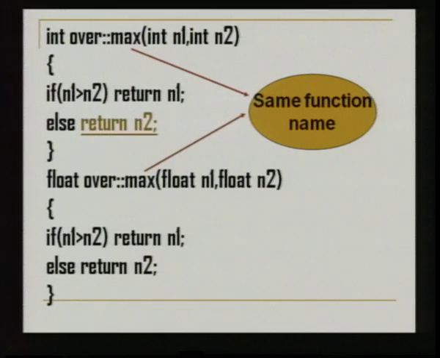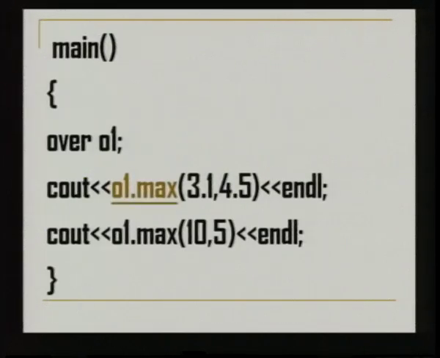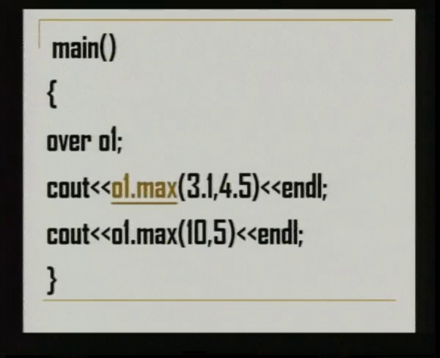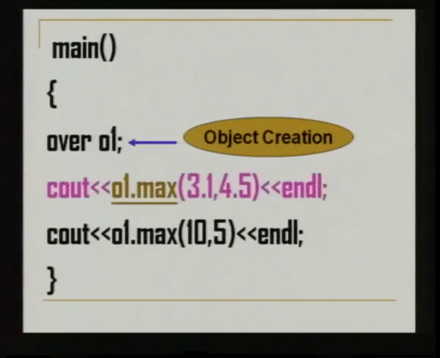You see, both are named max and have the same function name. We all know that the execution of a C++ program starts from the main function. So, in main you first create the object for the class, because every member function can be accessed only using the object of the class, and the syntax for creating the object is class name followed by object name. Here the object name is O1, and then directly you use the cout function where you call